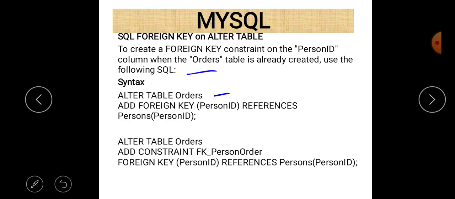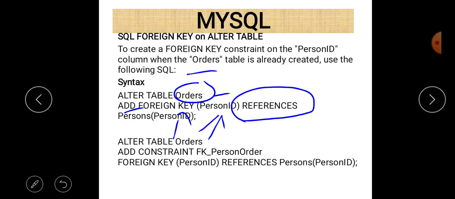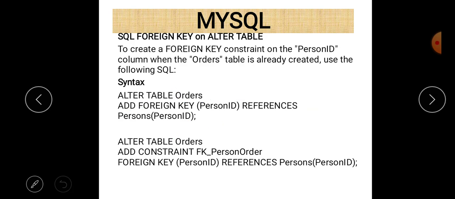ALTER TABLE Orders, Orders is the name of the table, and then ADD FOREIGN KEY and the name of the foreign key in parentheses, and then REFERENCES, which is a keyword, and after REFERENCES we use the parent table, that is Persons, and in this Persons table there is a column named PersonID. So PersonID is the primary key of the table Persons, and it works as a foreign key in table Orders.